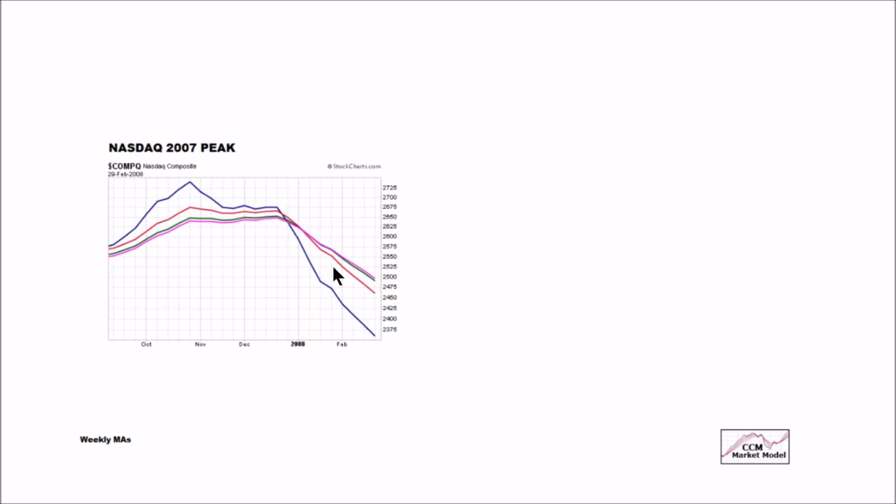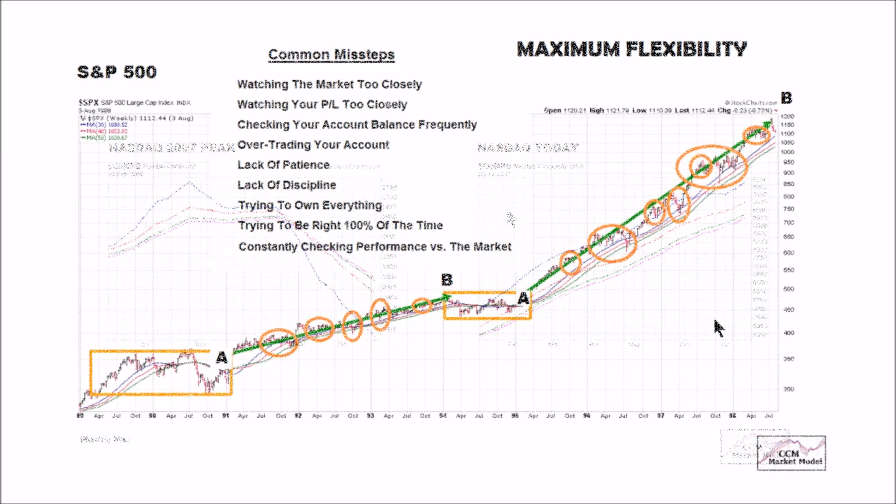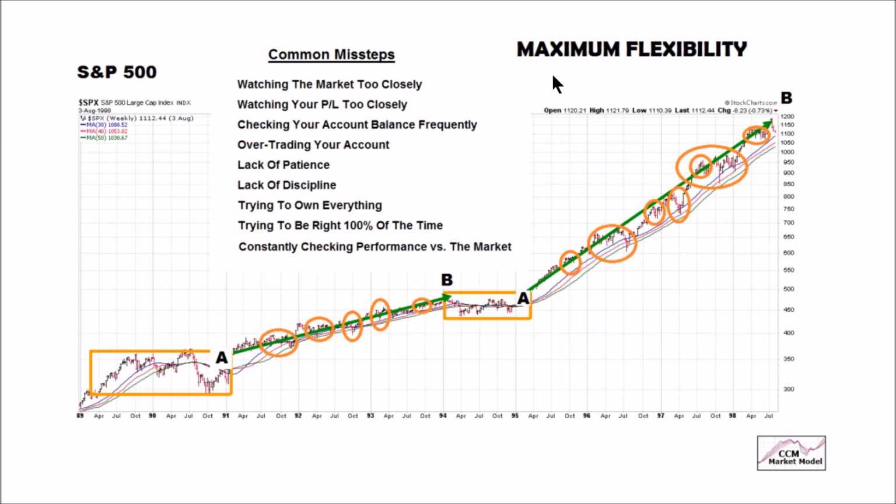NASDAQ transition, NASDAQ July 20th, 2017. Maximum flexibility is always important, because we know eventually volatility to ignore will morph into volatility to respect. Right now, the default is a long-term secular bullish trend, because that's what the data says that we have in front of us today. If we want to navigate between point A and point B, we have to try to